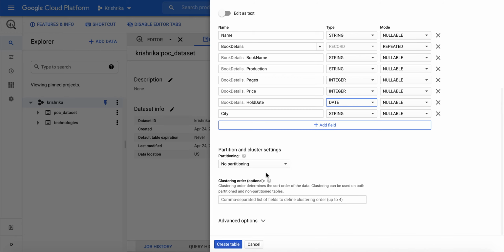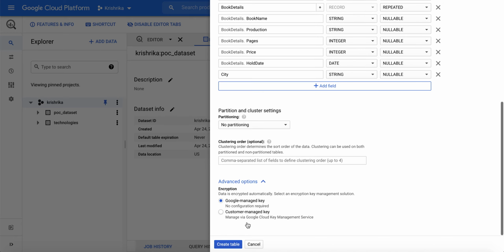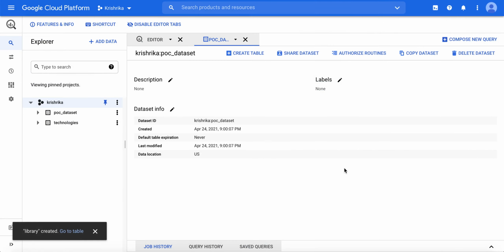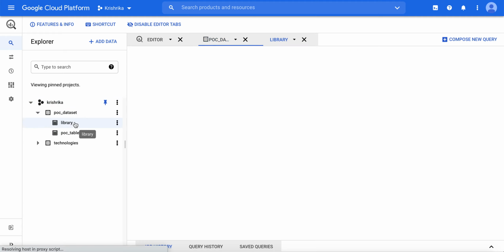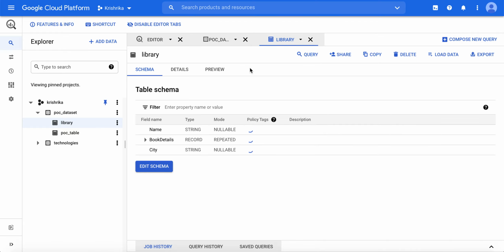We'll create a simple table with no partitions, no clustering, no custom managed key. It will be Google managed encryption. Let's try to create this table. Yeah, so as we have created this table, if you get this table and check the schema, you will see the first field is name, type is string, mode is nullable.